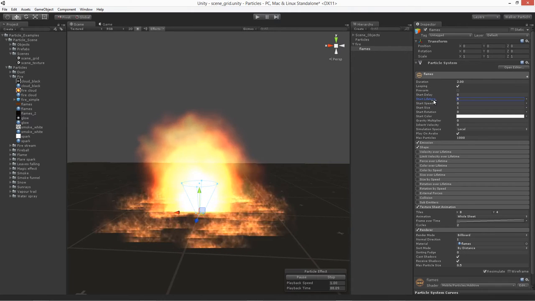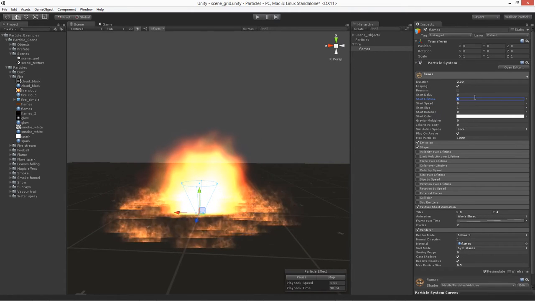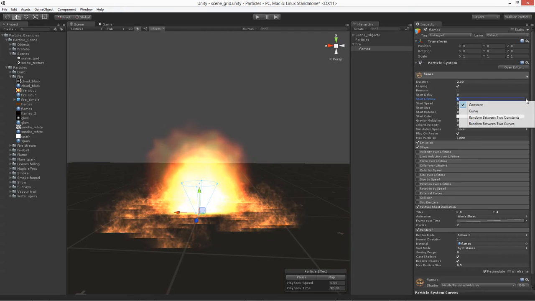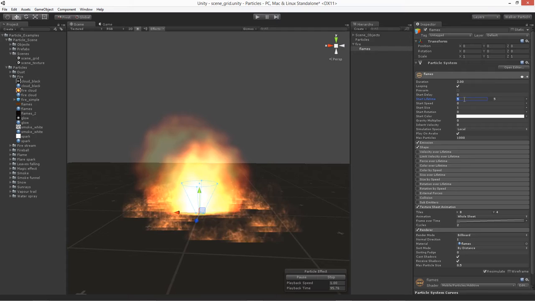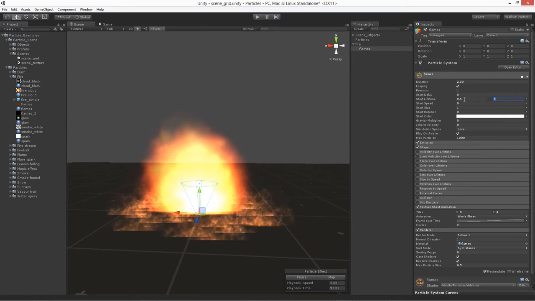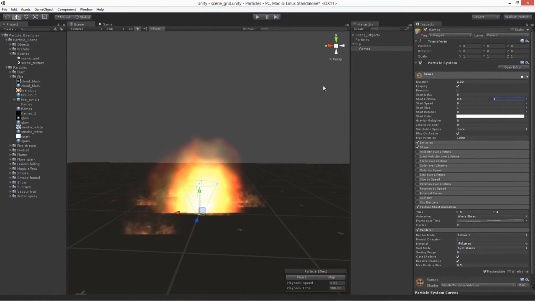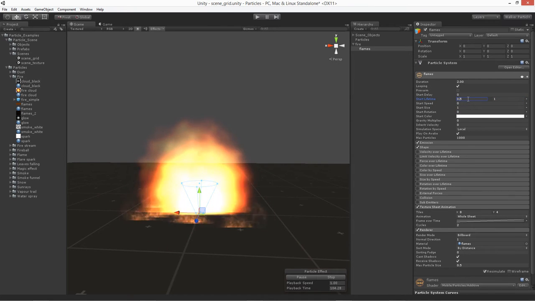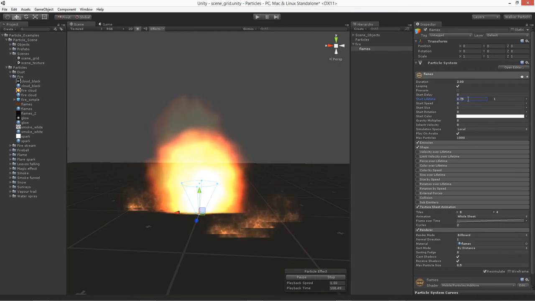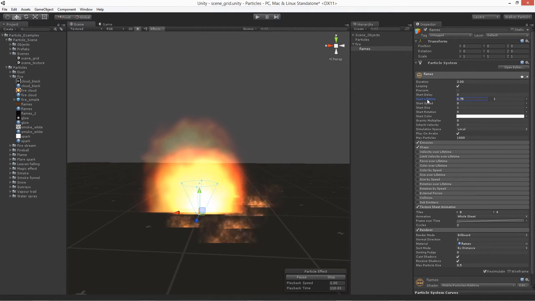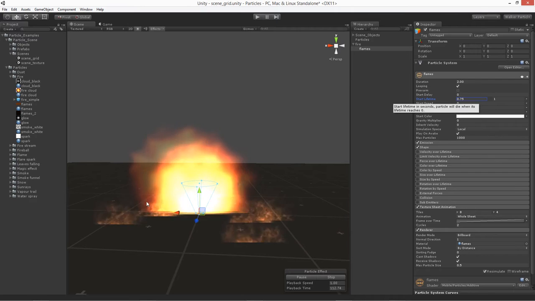Let's fix our lifetime. So the lifetime on this one, we want to make a random between 2 variables. We'll do this one at about a 0.5 to a 1. There we go. Maybe a little bit more on the lifetime. Let's try a 0.75 here. Yeah. Alright. So the next thing, just like we've done before, remember if we have the flame going, what we